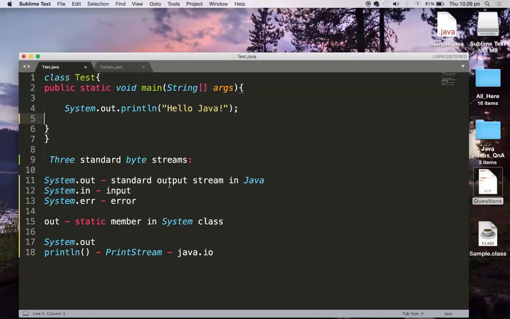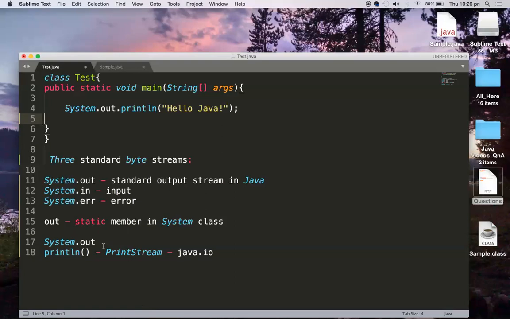This println or print method takes items of different data types, here the example is a string, and through this System.out stream it writes to that console output device. System.out is a standard output stream. Through that stream you can push strings or any kind of data using the println method.